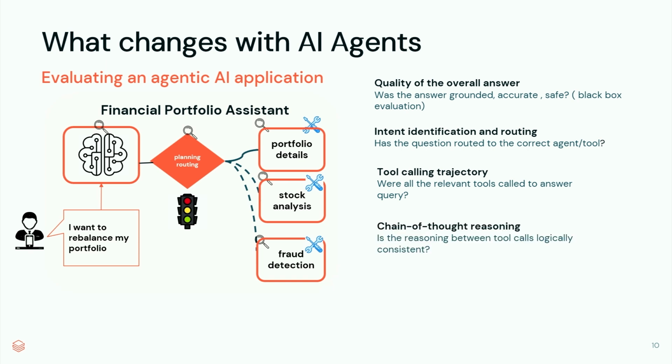Chain of thought reasoning: if we are using some state-of-the-art models, the majority of the time that is the case, we need to understand if this decisioning is logically consistent or not. And it's very similar to planning. So the planning has been correct, whether the execution has been correct or not. And I can go on and on, but these are some of the things which come top of my mind in terms of evaluating an agent.